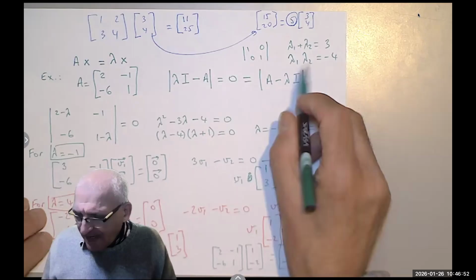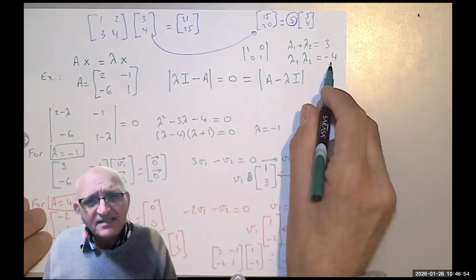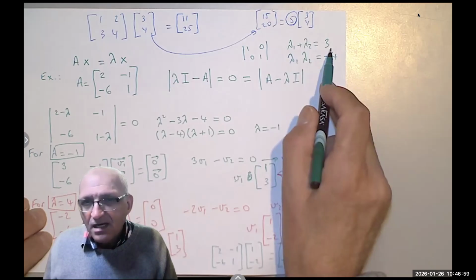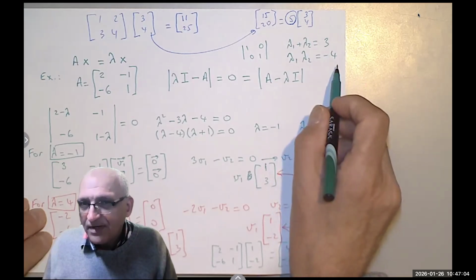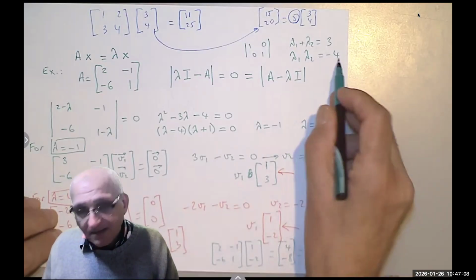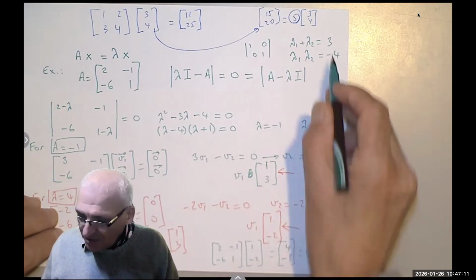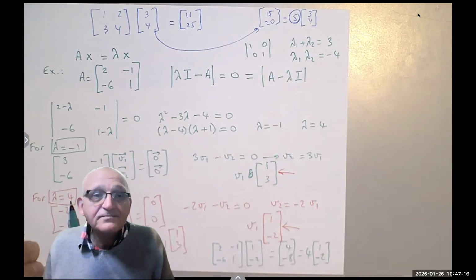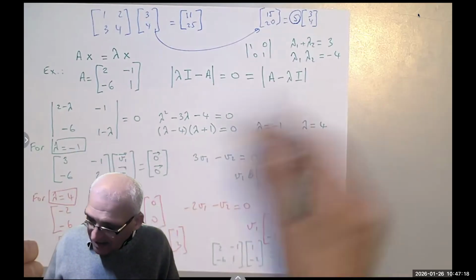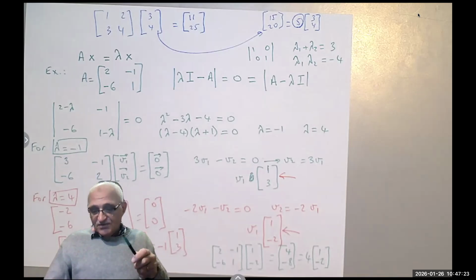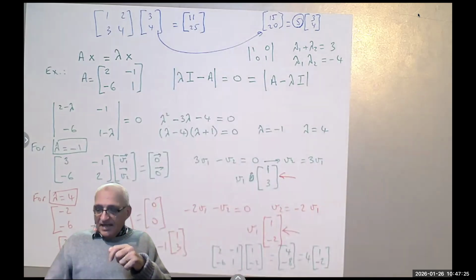So I have two lambdas that when I multiply them, I get -4, and if I add them, I get +3. Yes, +4 and -1: when you multiply them, you get -4, and when you add them, you get +3. Multiply these, you get -4, add them up, you get 3. So a quick way you can sometimes find it much quicker by